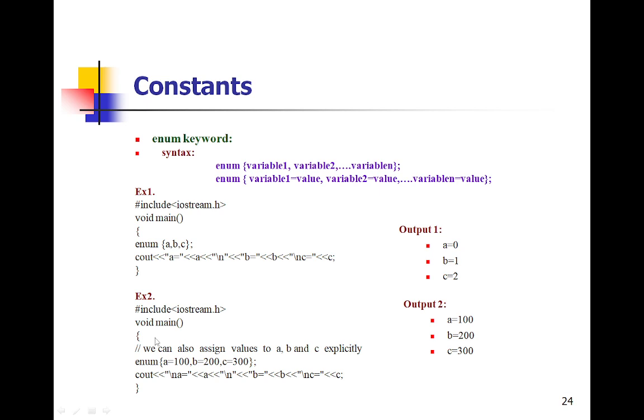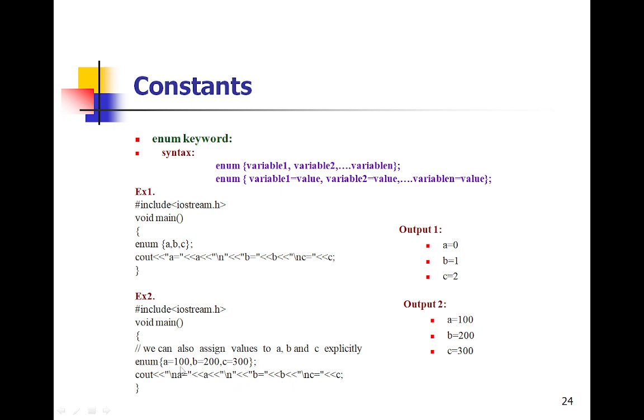And the next one, in this diagram you can see that we have initialized the value of a as 100, b as 200, and c as 300. Now the values have been explicitly changed to 100, 200 and 300. If I had forgotten to type the value of c here, what value would be displayed if you executed that program? The value will become 201. So the incremental process will be done one by one in order.